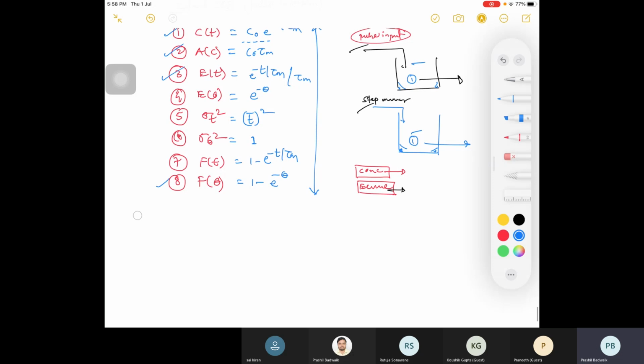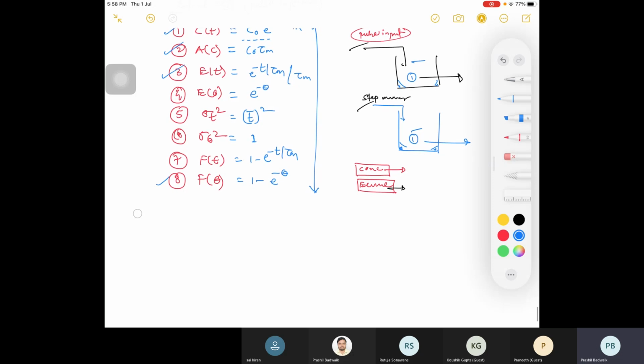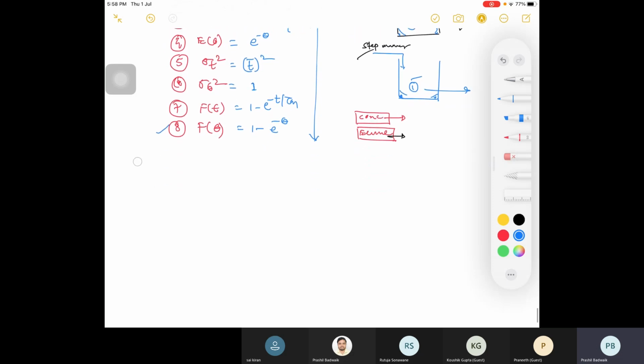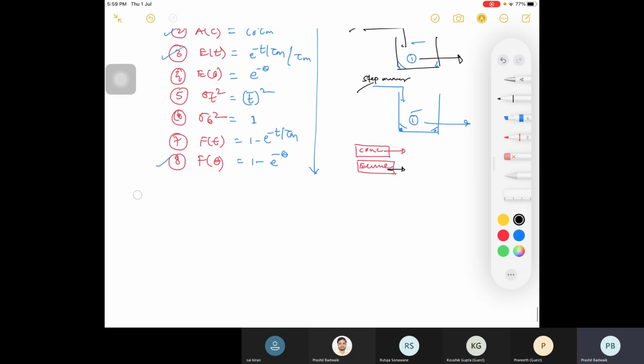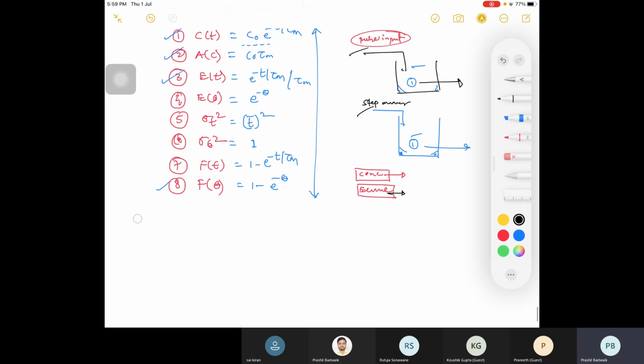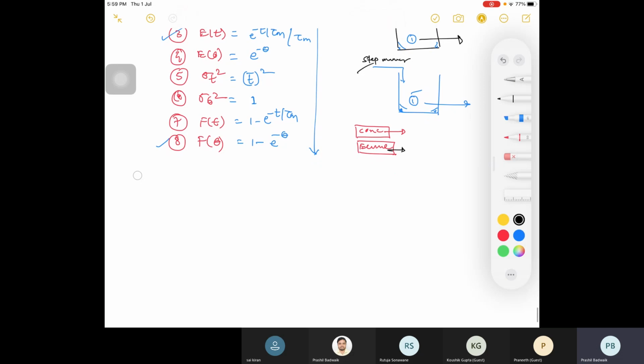In today's class we'll start with pulse injection over your ideal PFR. Let me tell you at the beginning only, in ideal PFR you won't get maximum equations, as you got each and every equation here: t mean, area under the C curve, E curve, everything. But in ideal PFR you may have some limited parameters that we can calculate, and some things you need to find based on your assumptions only. So we'll start with that.